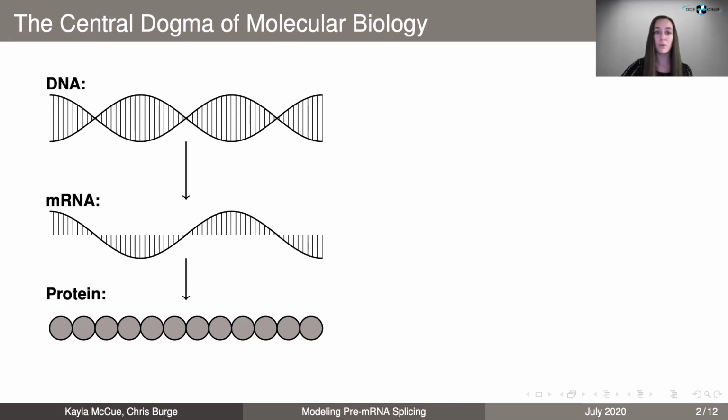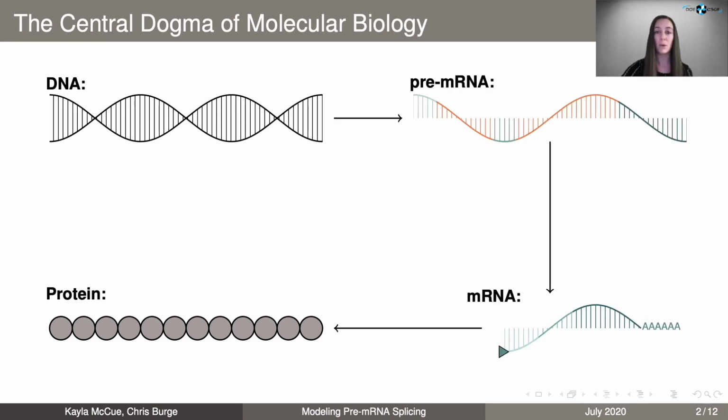However, this simple description somewhat elides the role that RNA, in particular messenger RNA or mRNA, plays as an important regulatory step. I've illustrated here a slightly more detailed version to show how DNA is directly transcribed into pre-mRNA, which then undergoes several processing steps before being translated into protein. The particular processing steps that I've highlighted here are polyadenylation, 5' end capping, and pre-mRNA splicing. And as you may have guessed from the title of this talk, the particular step that I'd like to describe